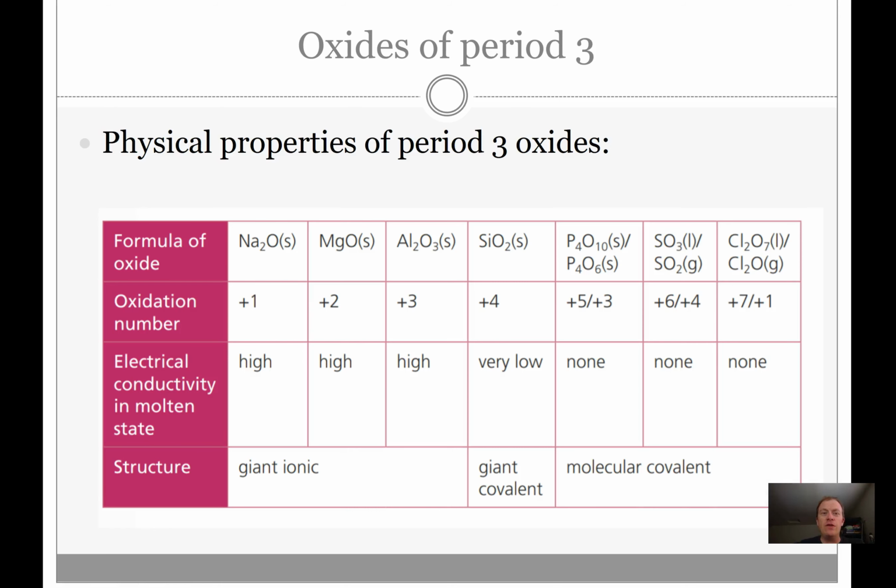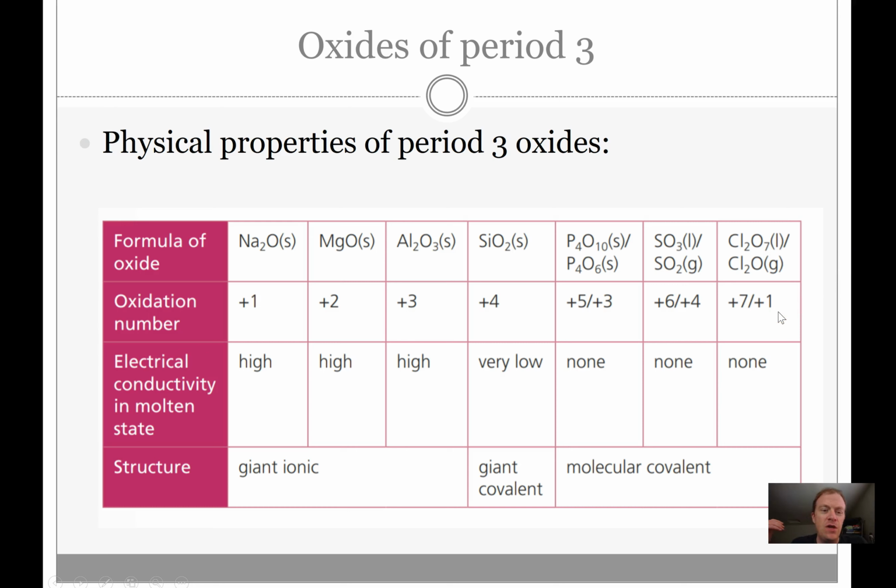But this goes along with a note sheet that is going to be made available to you probably in the workbook, but anyway, you don't have to write this all down. So basically we're going to talk about the oxides of period 3. So the elements that are found in period 3, sodium, magnesium, aluminum, silicon, etc., combined with oxygen, the properties